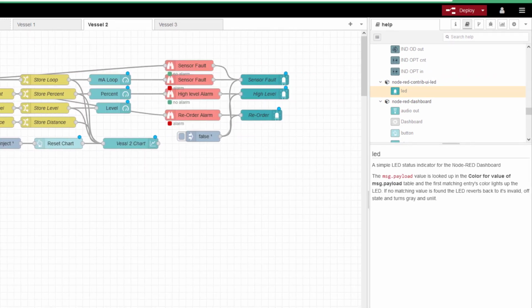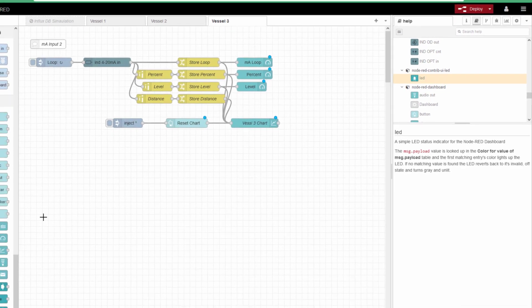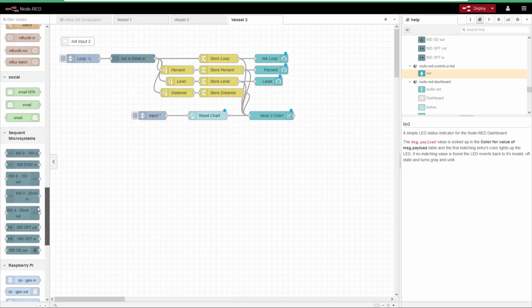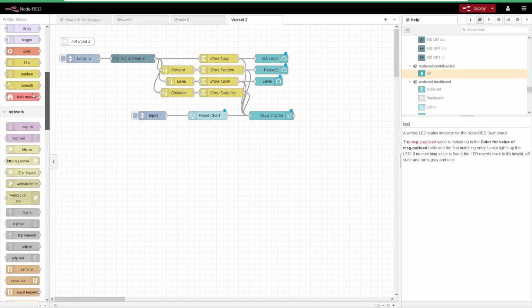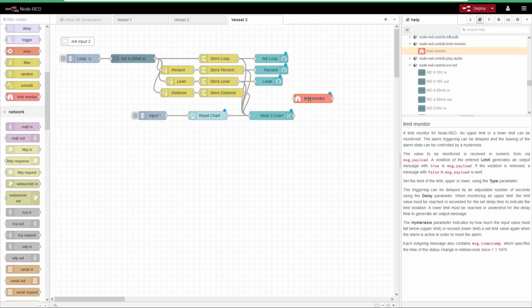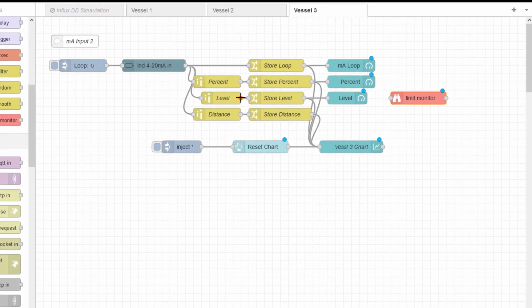So let's have a look at vessel 3. First one we want to put in is the limit monitor, which is here, and we'll start with the level. We want to do a high level alarm, so we'll bring the process value from here into my device,